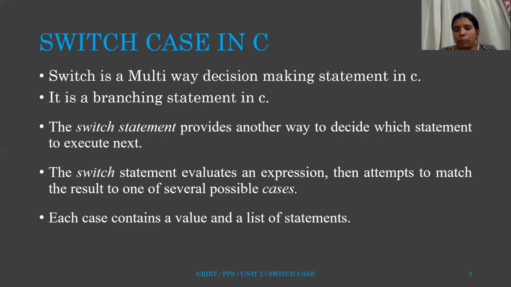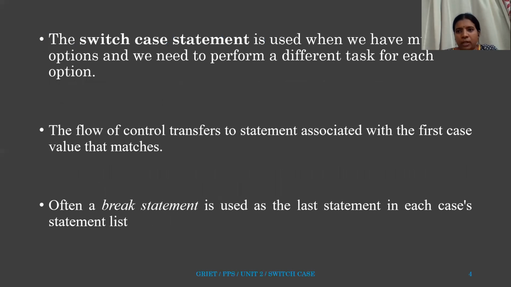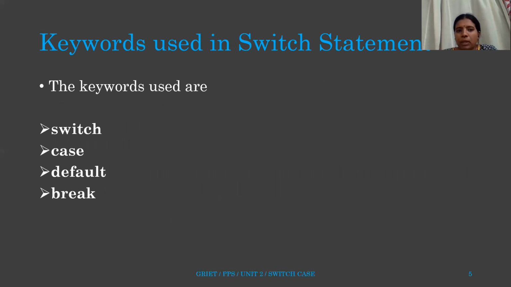So if this kind of programming structure is followed by any statement, then that is called a switch case. Each case contains a list of values, case labels. The switch case statement is used when we have many options to perform, and we do one among those options. The flow of control matches the value with the first case. Then you proceed to check the second case. This is how it is.